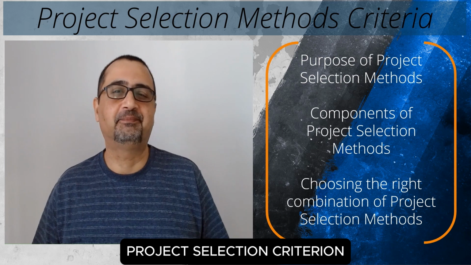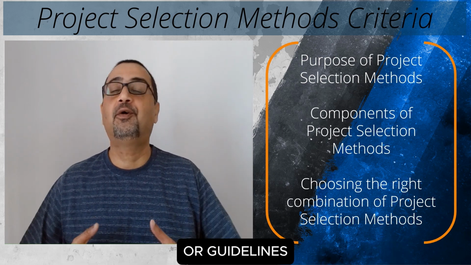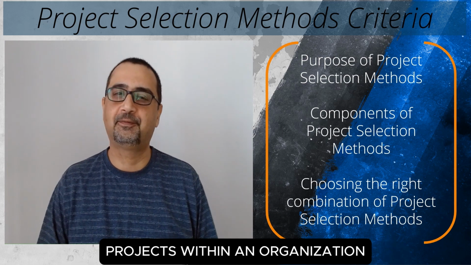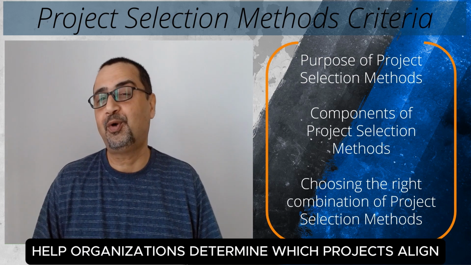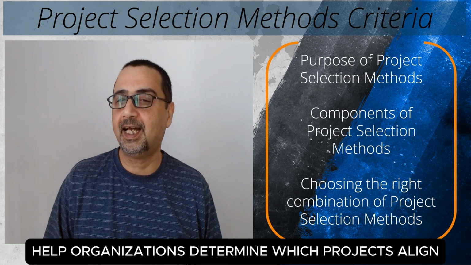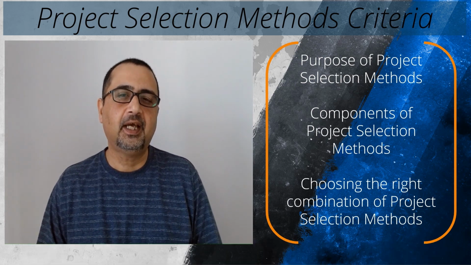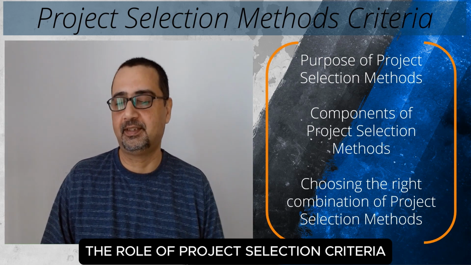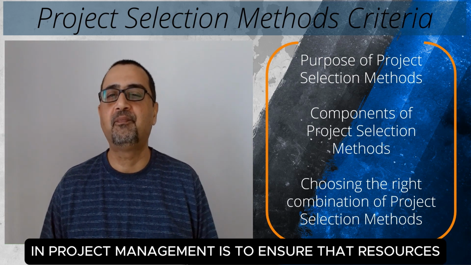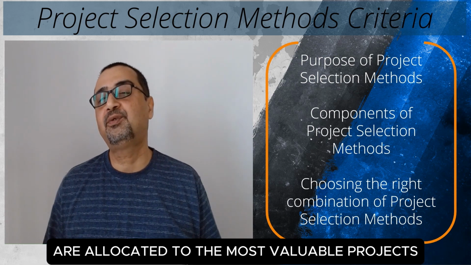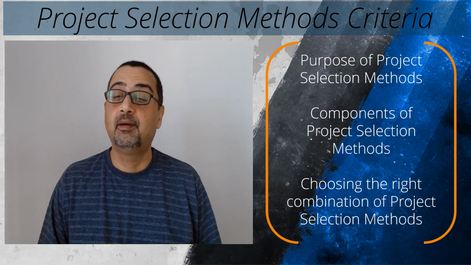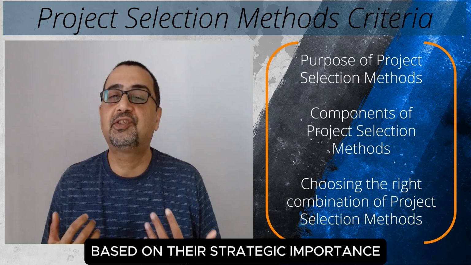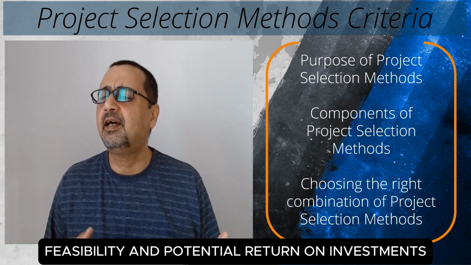Project selection criteria in project management are the standards or guidelines used to evaluate and prioritize potential projects within an organization. These criteria help organizations determine which projects align with their strategic goals and objectives and are most likely to be successful. The role of project selection criteria in project management is to ensure that resources are allocated to the most valuable projects. By using these criteria, organizations can prioritize projects based on their strategic importance, feasibility, and potential return